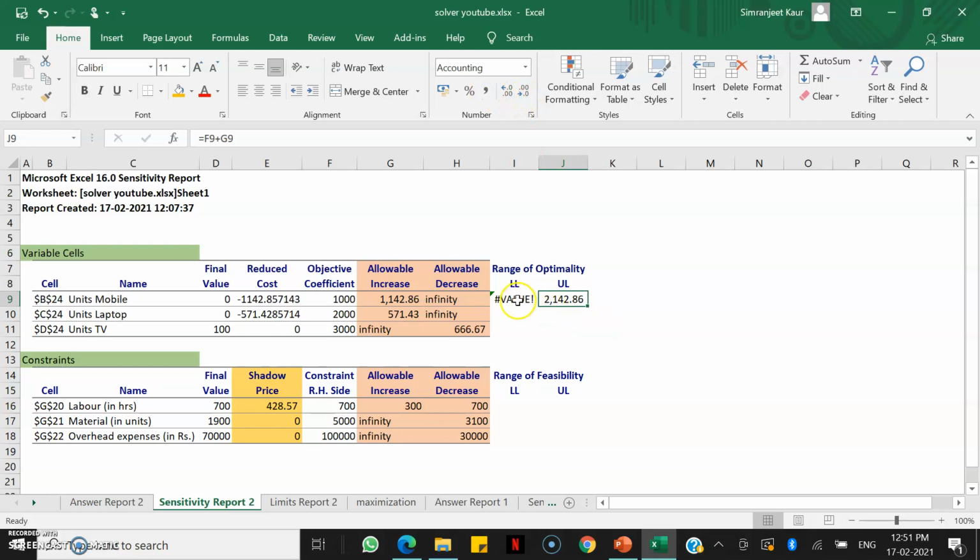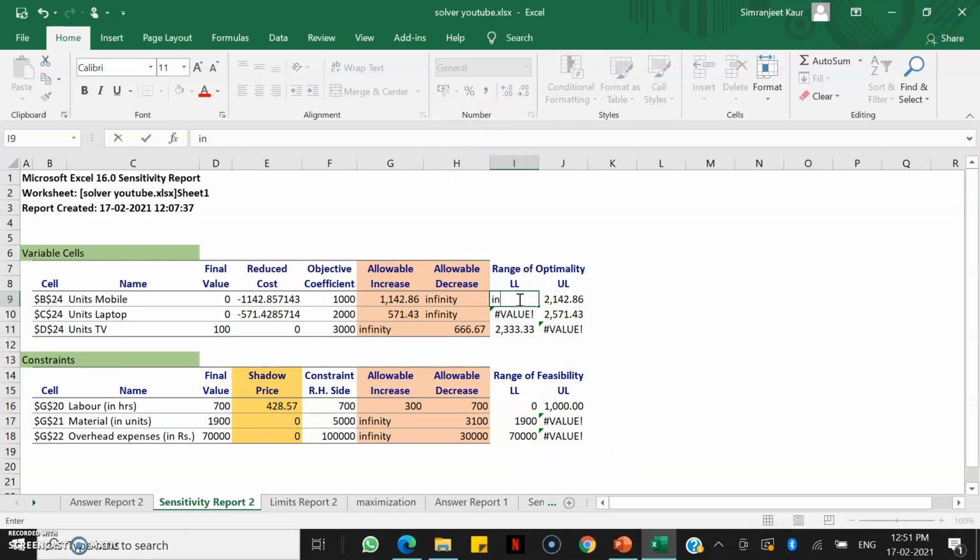Now I'll copy this and paste it here. Similarly, I can copy this formula and paste it here. Let me reduce this also to 2 decimal places, right? And these places where we have the infinity value, we can change to infinity. That means there is no upper limit or lower limit here. We can go as far as we want.